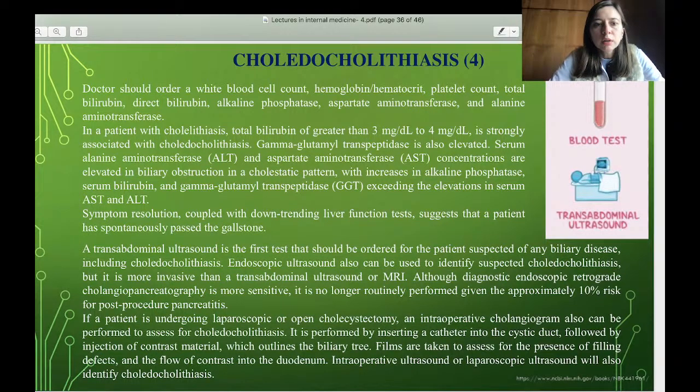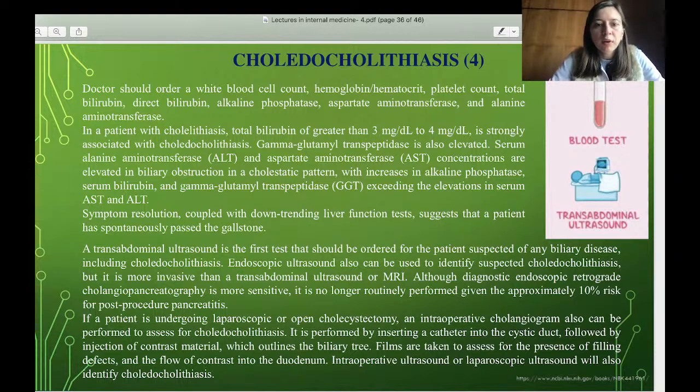A transabdominal ultrasound is the first test that should be ordered for the patient suspected of any biliary disease, including choledocholithiasis. Endoscopic ultrasound can also be used to identify suspected choledocholithiasis, but is more invasive than a transabdominal ultrasound or MRI